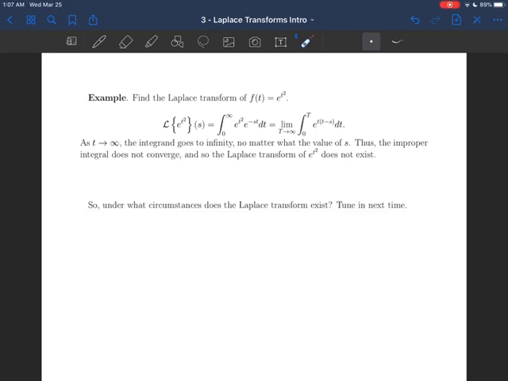It just doesn't exist. So there's something that can go wrong with a function that seems pretty nice, right? E to the t squared, not so bad. It's just an exponential with a polynomial in there, but somehow this doesn't qualify for this Laplace transform thing that we're trying to do. To figure out why that is, we need to do a little bit of theory, and that's going to be the topic of the next video that's posted. So tune